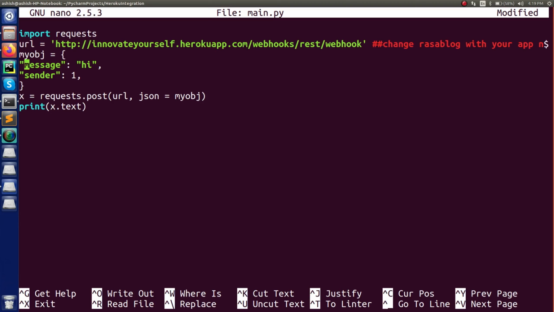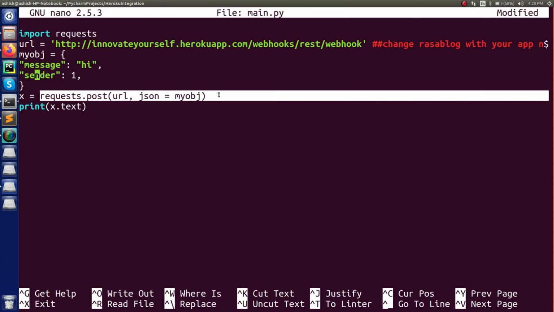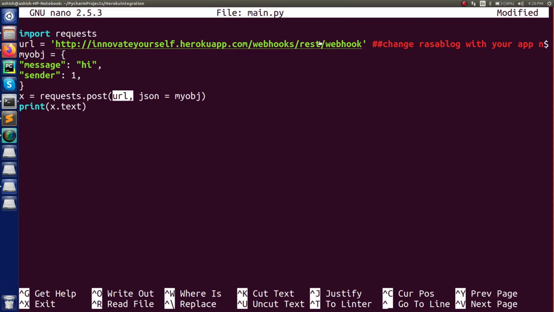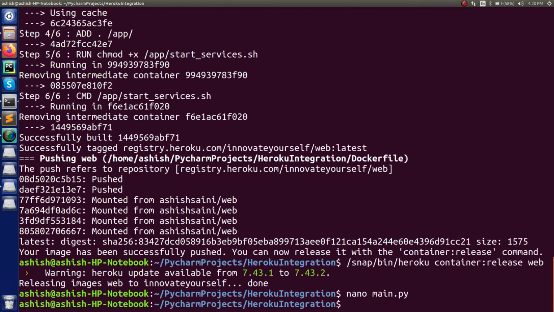And now you can see in the script what I am doing is I am just sending a post request. So you can see requests.post. This is the URL, and the URL is this which I just mentioned over here, and I'm sending a post request with a message and a sender ID. So the message is this and the sender ID is this. You can change the sender ID, that's okay, that doesn't matter, it's just identification of who is sending this. Let's say I'm sending Ashish. So this is how I'm working on it, and when I run this script, it will return you some output based on the request that you sent to this API. Now just save it and you can run it.